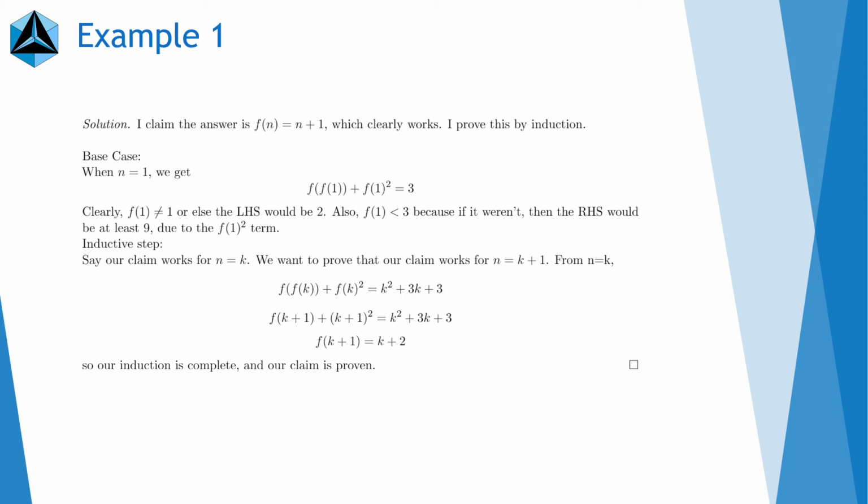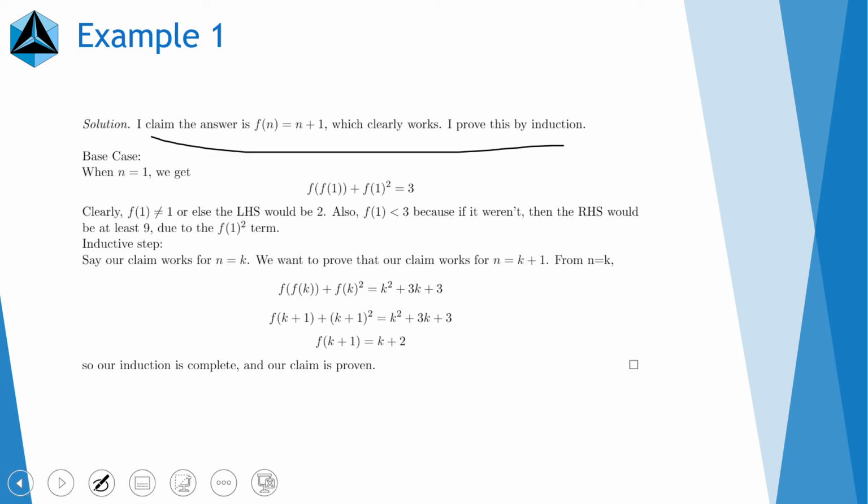This is what an actual solution would look like. Note that there are some things I want to point out. In this solution, we just have a claim, which I say clearly works, and then we have the induction. Note what we're missing. One big thing is that I did not include the entire process where we guessed the solution. We just said it right here. There's no need for us to go through that,